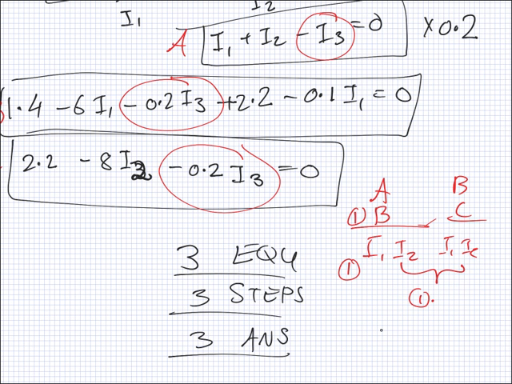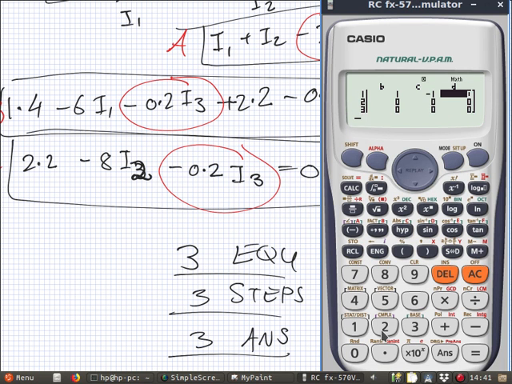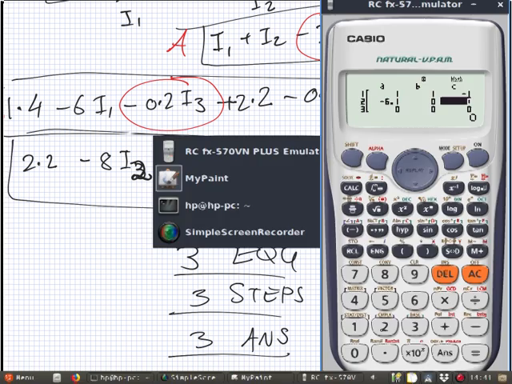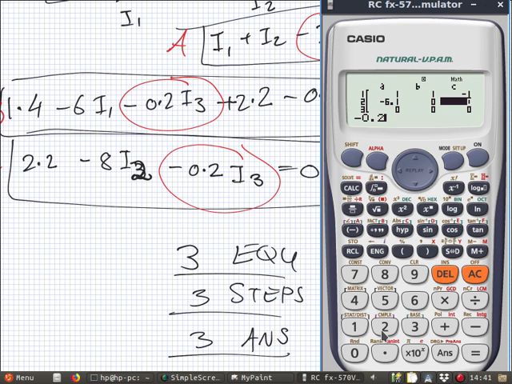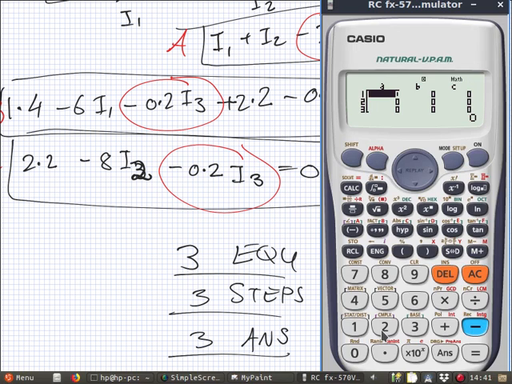Okay, how many I1s have I got in the next one? Minus 6.1, yeah? Okay. Minus 6.1. How many I2s have I got in the next one? No I2s? Are you sure? Okay. How many I3s? Minus 0.2. And that's equal to 1.4 plus 2.2 is 3.6, but you take it to the other side. Minus,